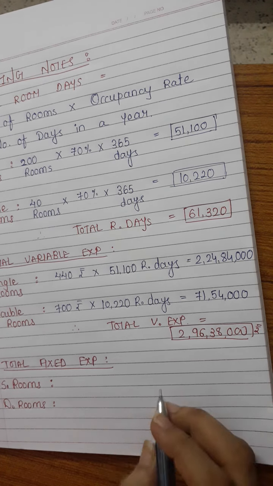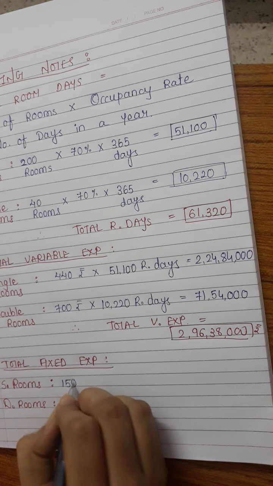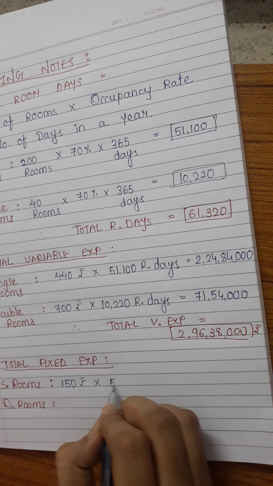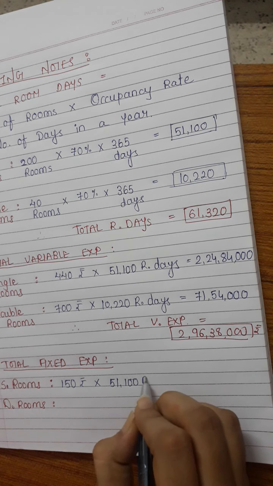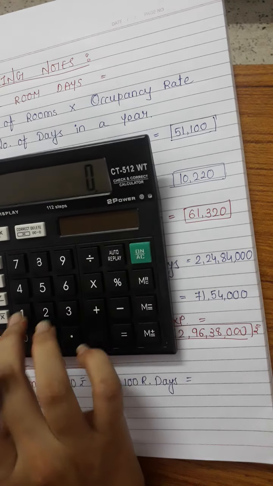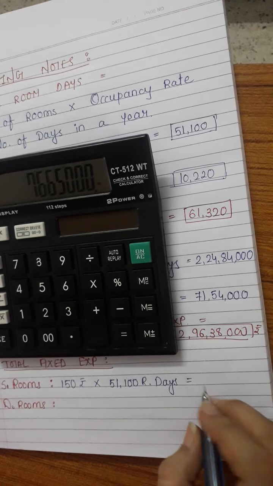For single room, the fixed expenses are 150 rupees each per day. Multiply single room days, 51,100. So your answer is 150 multiply 51,100,